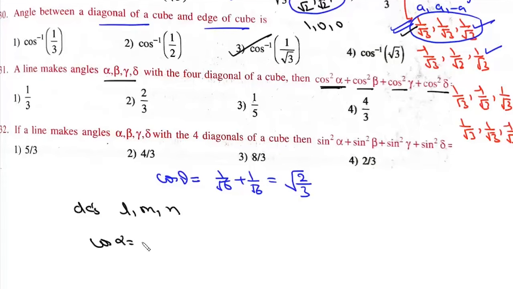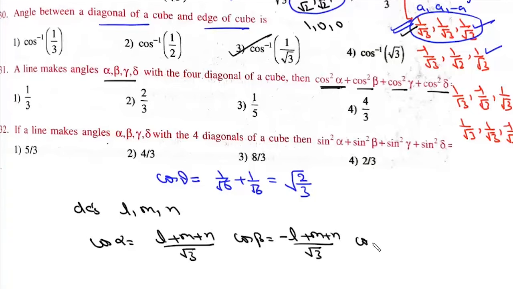So we can write cos alpha equal to (L plus M plus N) divided by root 3. The same way we can write cos beta as (minus L plus M plus N) by root 3. Cos gamma will be (L minus M plus N) by root 3. And cos delta will be (L plus M minus N) by root 3. Now we square them and add them, then we can write this as